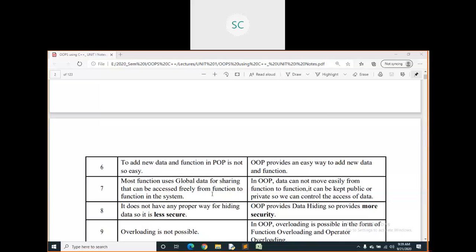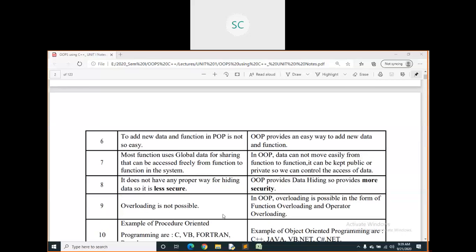Okay, the same point here. Overloading is not possible. What this overloading is, we will see later. But in C language, there is no function overloading concept. What overloading actually is, you are going to write the same function name